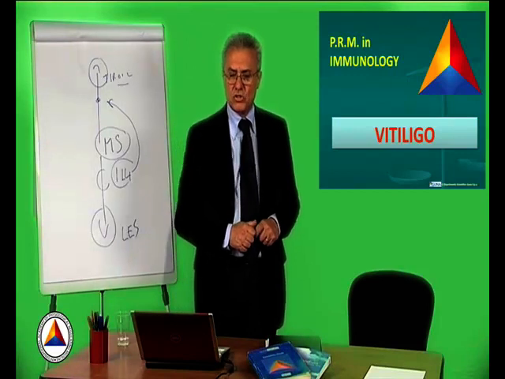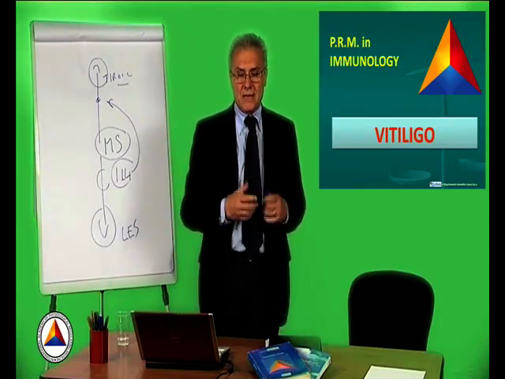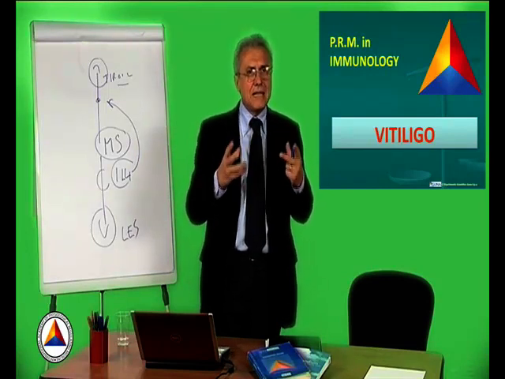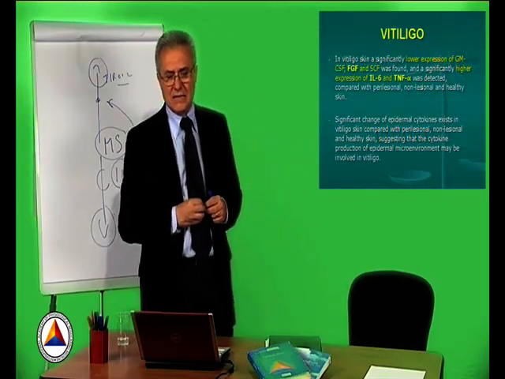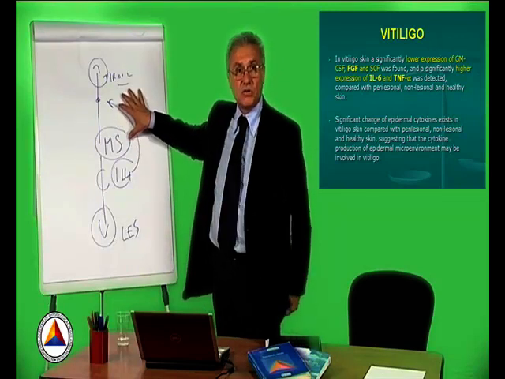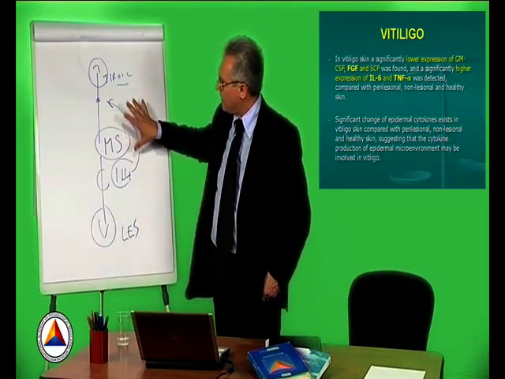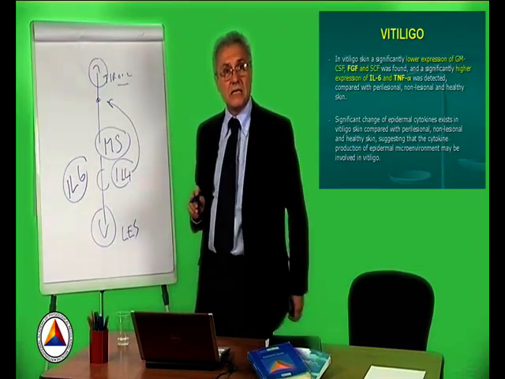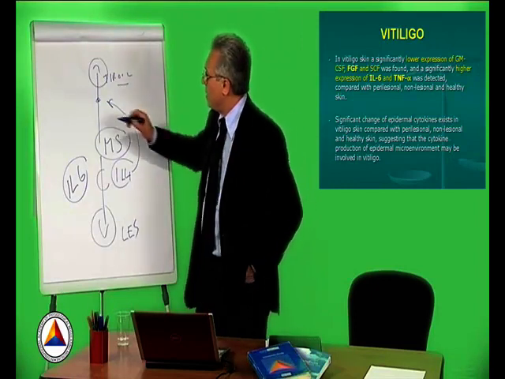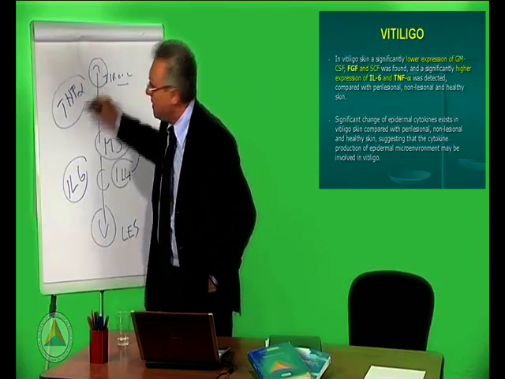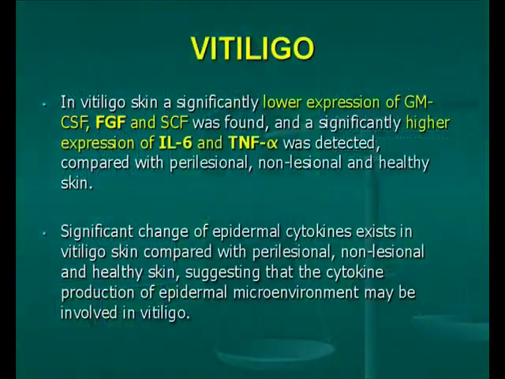Vitiligo is a typical autoimmune disease which has been very interesting to study because there are always peculiarities that emerge from clinical research. Also, in the case of vitiligo, we have a hyperexpression of some cytokines, which is a little confusing because there is a hyperexpression of interleukin 6, a Th2 type interleukin, but simultaneously there is a hyperexpression of TNF-A, which is a Th1 type interleukin, and therefore it is not possible to work much on the Th1-Th2 balance.